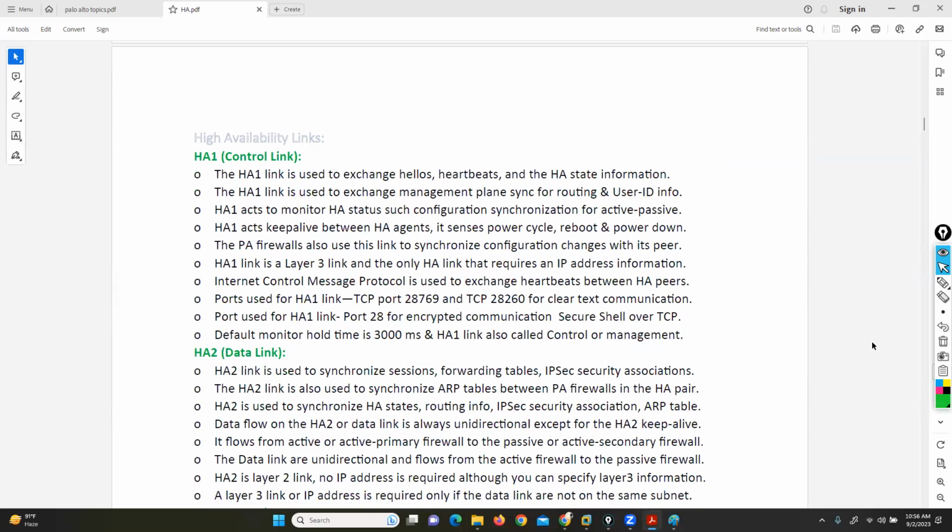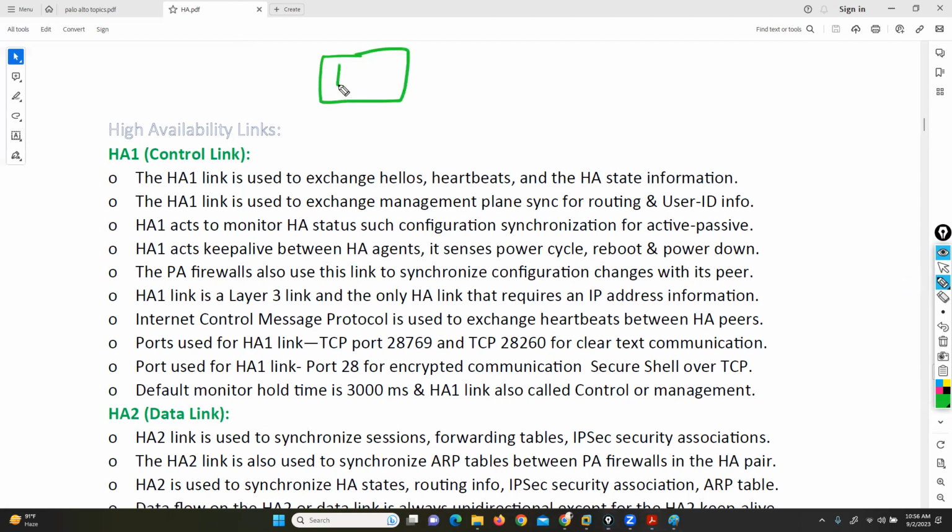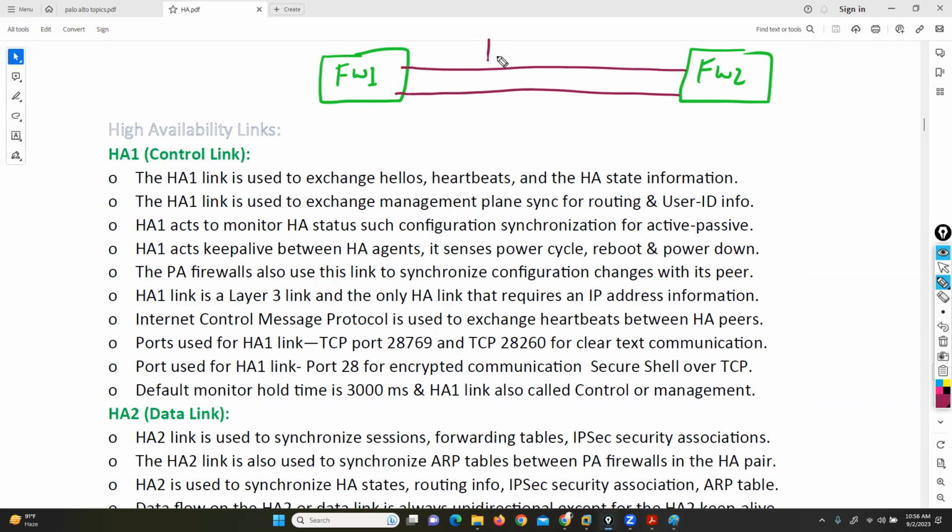Now, let's talk about the control link and data link again, okay? So here we have firewall box 1 and firewall box 2. In between firewall box 1 and firewall box 2, we are using two links. HA1 is called the control link and HA2 is called the data link, right? So what is the use of the control link? The control link is used to exchange hello packet information, or you can say heartbeat information, or